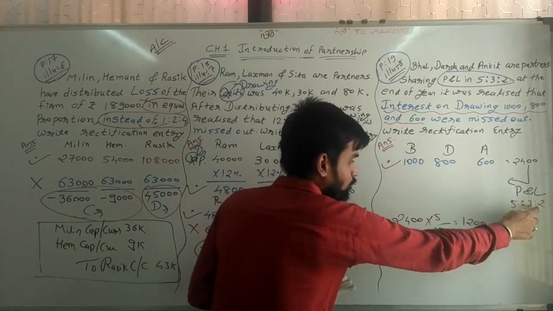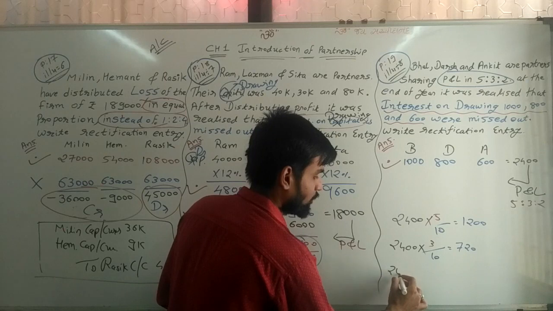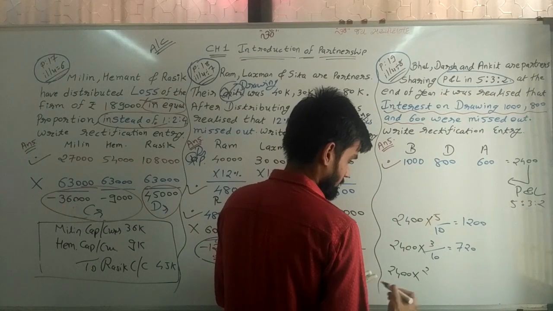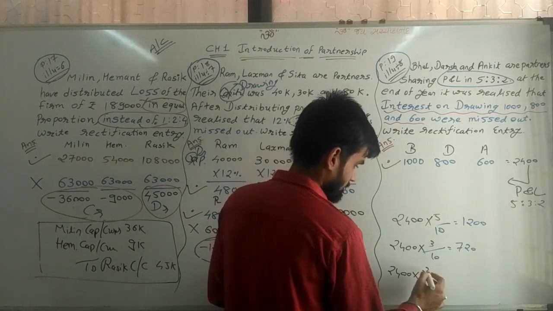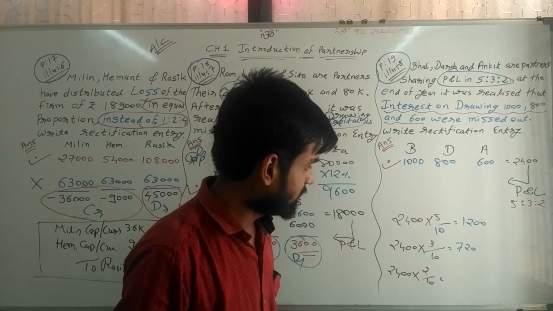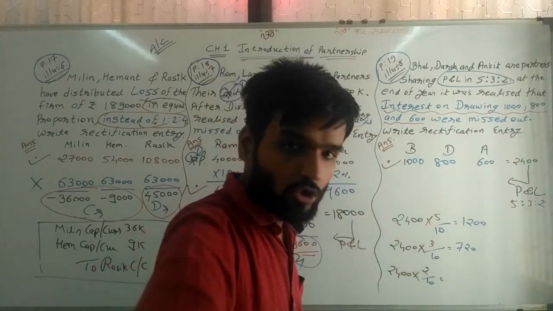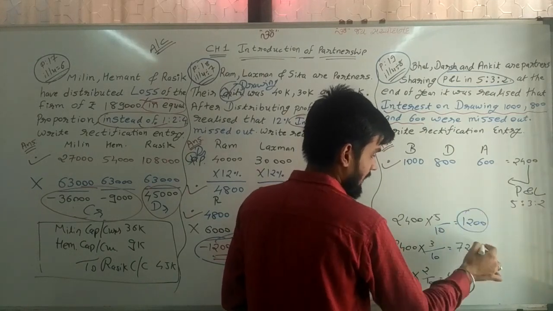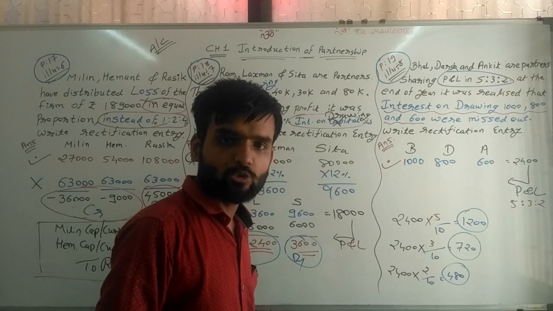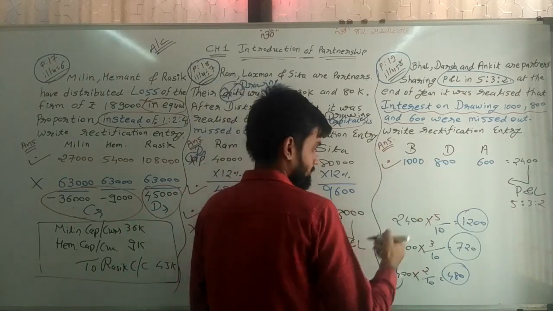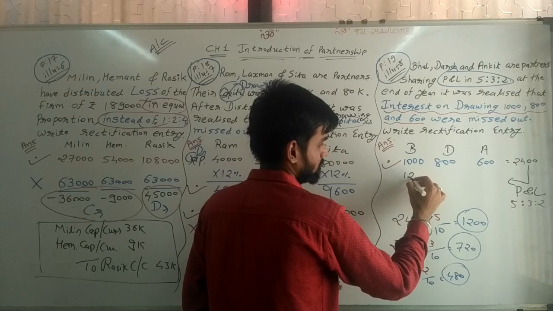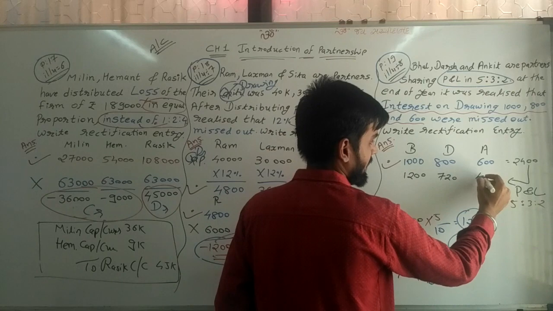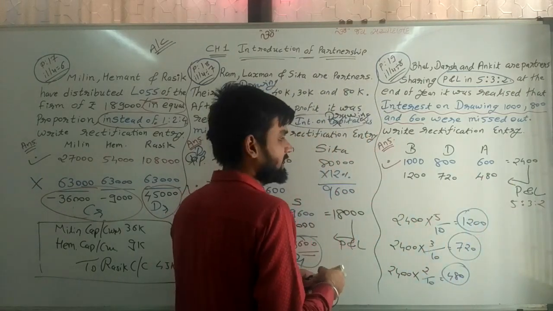And last one for 2, 2400 into 2 divide by 10, then 480 rupees. So these are the P&L ratio distribution. So we are writing 1200, 720 and 480, and this is the